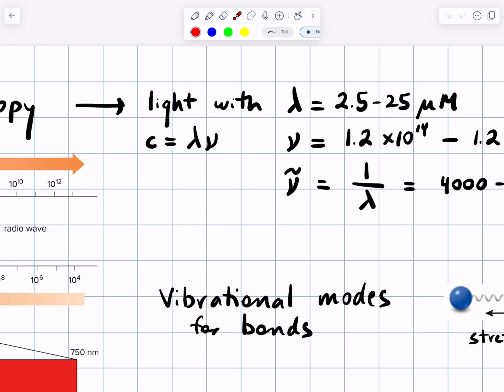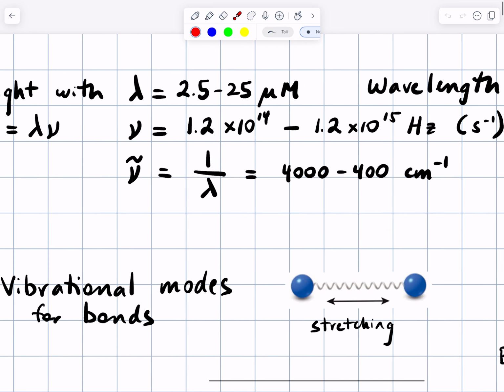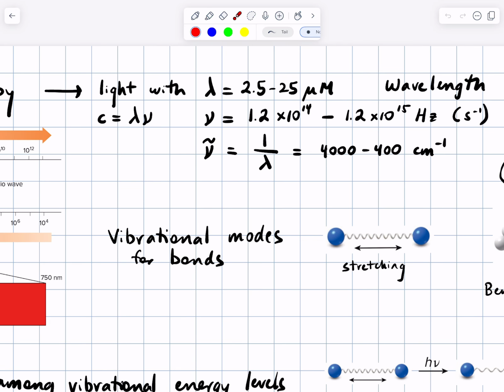People historically are not wanting to put times 10 to the minus 6 or times 10 to the 6 on an axis. And so sometimes they'll find creative ways to get the units to work out so that you don't have to use decimals or scientific notation. So the way that they've done this with infrared spectroscopy, as I told you last time, is you take 1 over the wavelength and then you express it in units of inverse centimeters. And all you need to know about this is this term is called wave number,